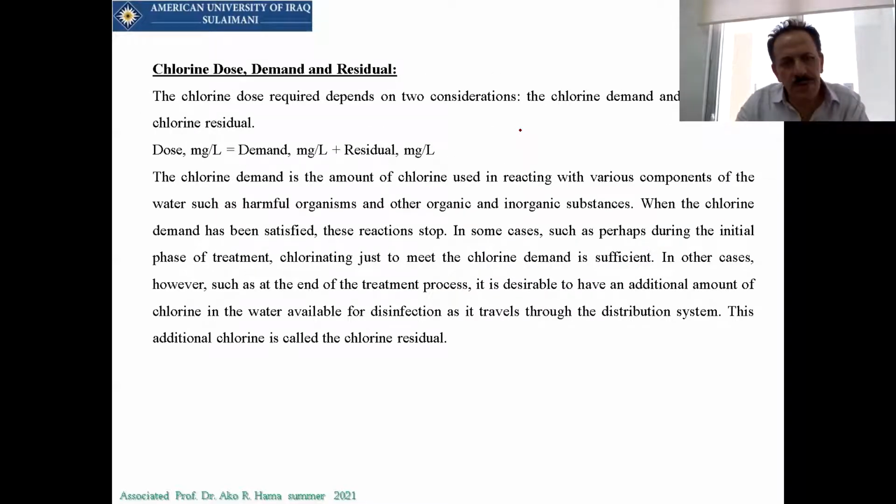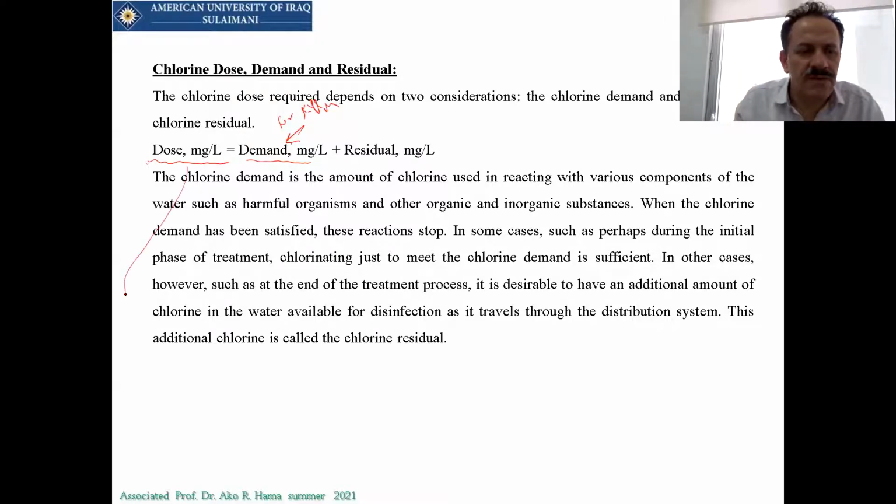Now, how much should we add as an engineer? Why do we need to know this? Because one of the main properties of water treatment plants, which we usually face, is how much are the dimensions of the chlorination tank or the chlorine that we need. First of all, to calculate how much dose we need: chlorine is used to kill bacteria, so there is bacteria and we need to know the demand for killing it.